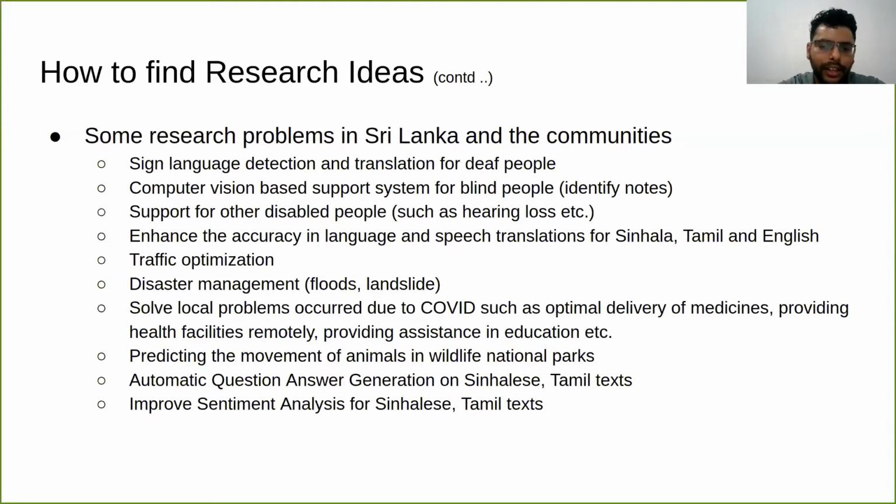Due to COVID, lots of problems have arisen, and it was not a very good time for the past couple of years. But at the same time, if we look at the positive side, we can also look at the different opportunities that have come up due to COVID, like long distance learning, where Zoom and other platforms have become very popular, and delivery of goods and so on.